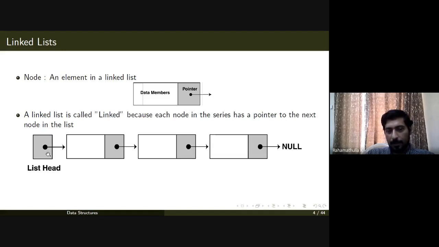You will be having a head pointer, which is actually a pointer to a node itself, but you may use it as the name of the linked list, which is a pointer where you can store the address of the first node. Then in each of the nodes you will be storing the address of the next node, and so on. And in the last node you will be storing an address which is equal to 0, which says that that is your last node, or there is nothing after that.